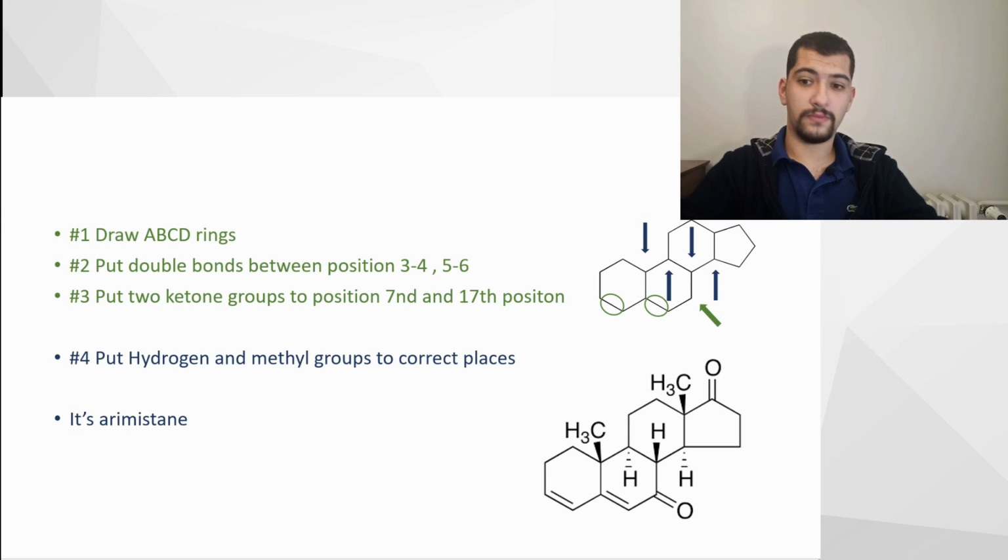So, you see the ABCD rings on the right top of the screen. You can easily see the ABCD rings. And you put the double bonds between the 3, 4, and 5, 6. And you put 2 ketone groups at positions 7 and 17. And also, if you put the hydrogen groups in correct places according to the androstene skeleton, the end product you get